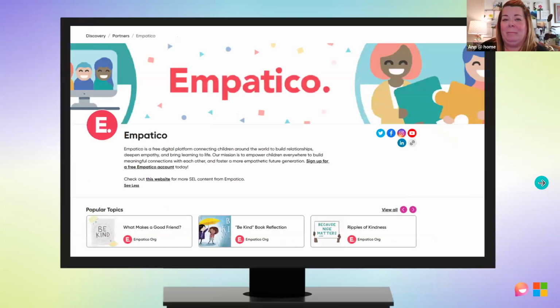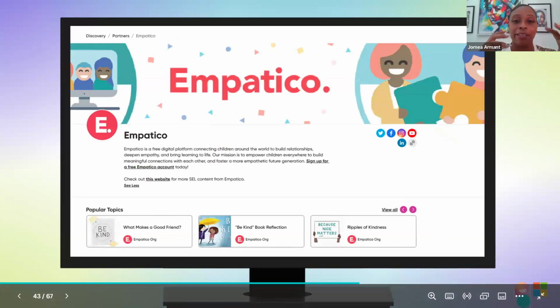Jornea, share about Empatico. Oh my goodness, Empatico has my heart. So Empatico is another free platform where you can connect your students with other students around the world. And so Empatico's mission is truly to bring empathy to the forefront of student learning.